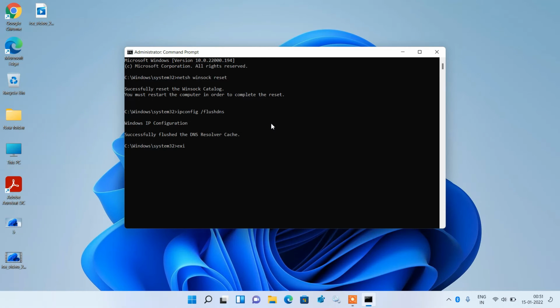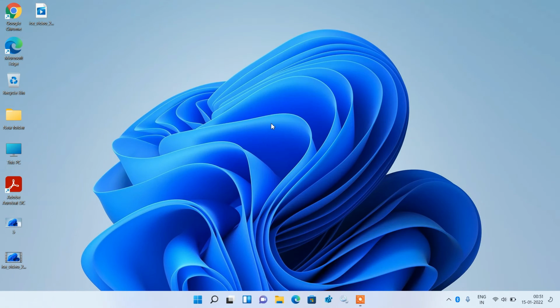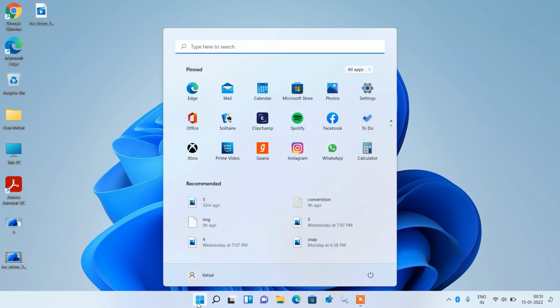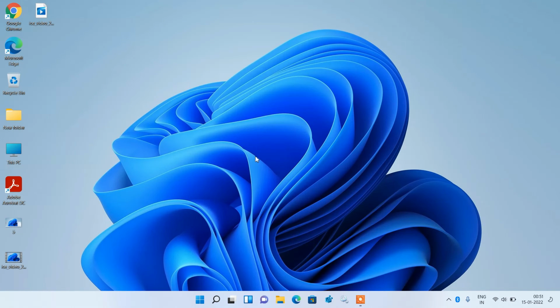Now type exit and hit enter. Now restart your system, and after restarting your system check whether your issue is resolved or not. So this was method number 4. If method number 4 didn't work for you, then try out method number 5.